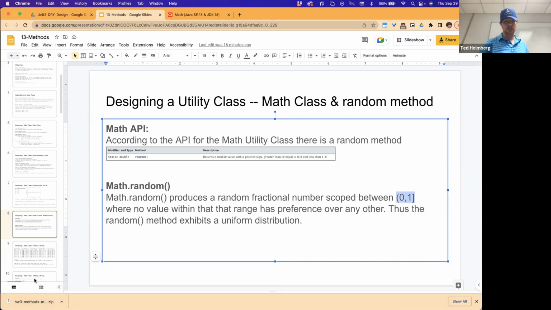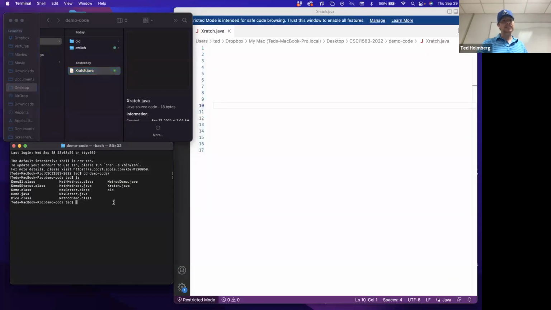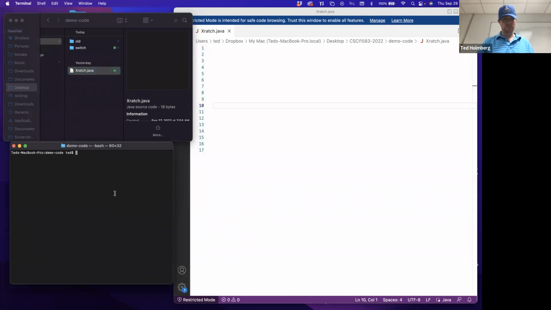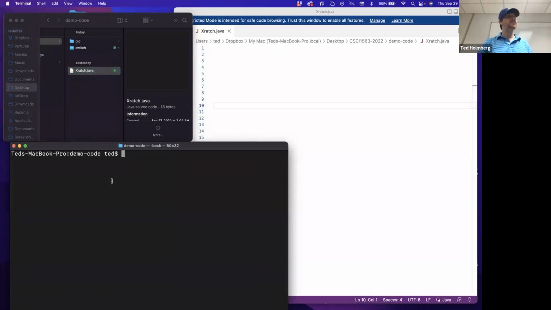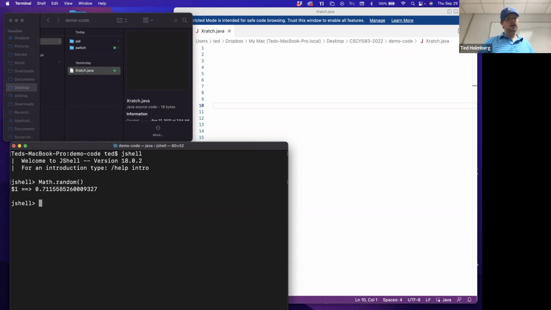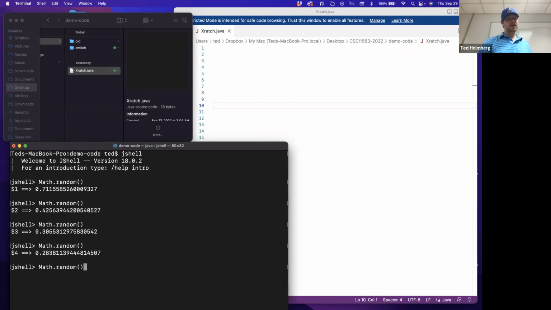In fact, let's take a look at what that looks like. Let's go over here. And we've already seen this in the first homework. Let me blow this up. So I'm going to launch an application called JShell that allows me to run Java code right in the terminal. So here, let me do Math.random. And here I see I get 0.71. And notice it's all the precision points. It's like 15, 16 precision points. Here, 0.42, 0.3. And I could do this again and again. It's going to give me